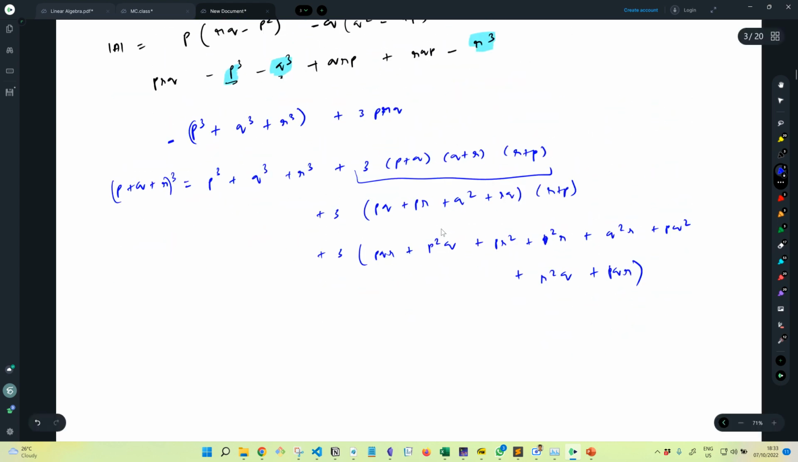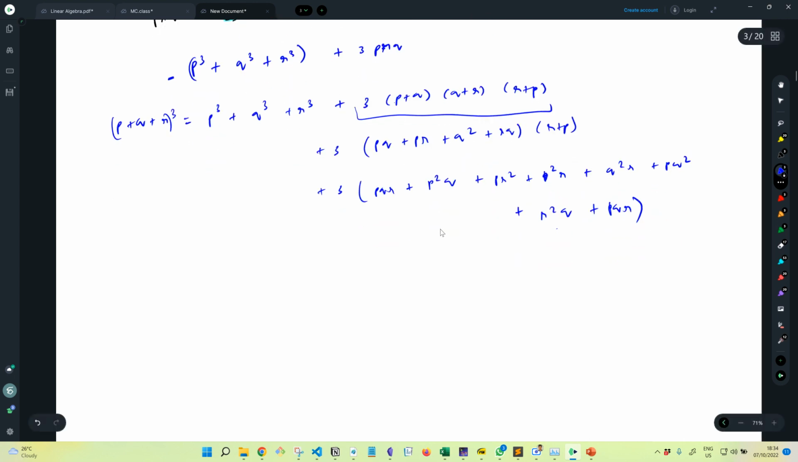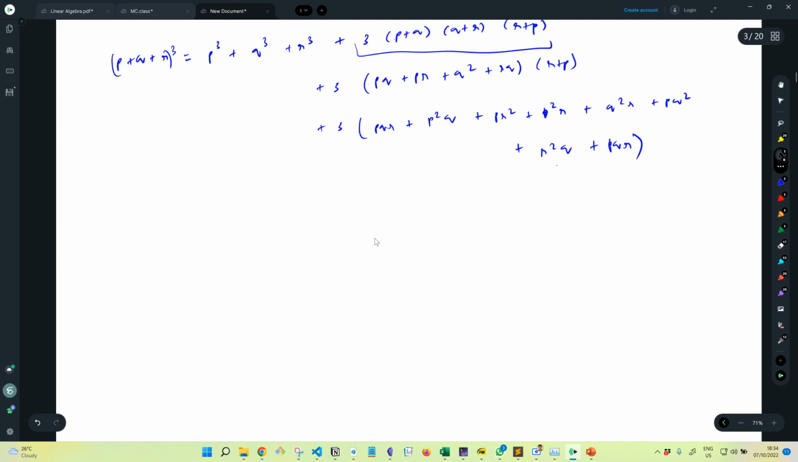Hopefully I have not made any mistake. I'll just verify once. (pq plus pr plus q square plus qr) into (r plus p). Then you have pqr plus p square q, pr square plus p square r plus q square r plus pq square plus qr square plus pqr. Yes. So then from this I can take